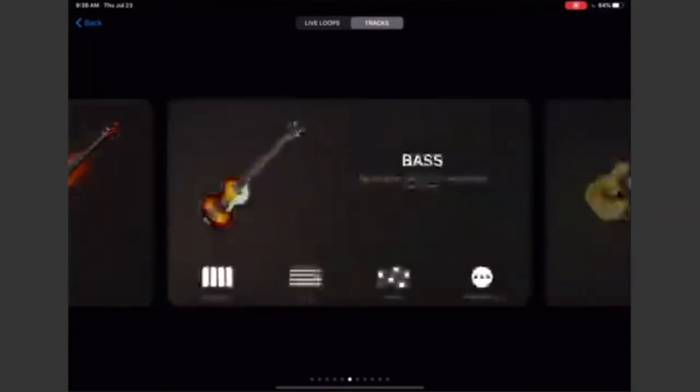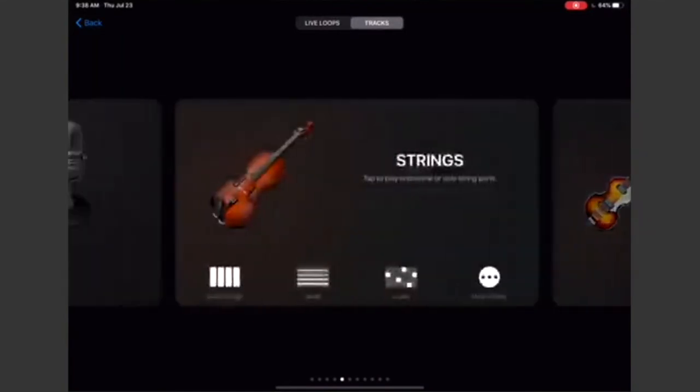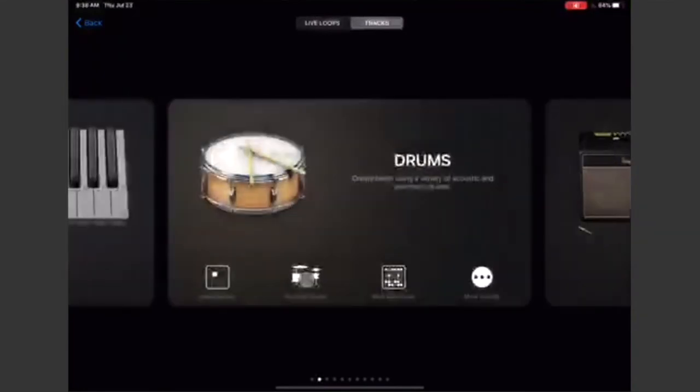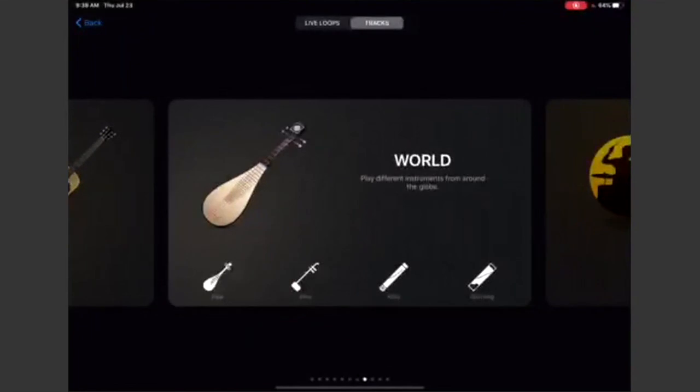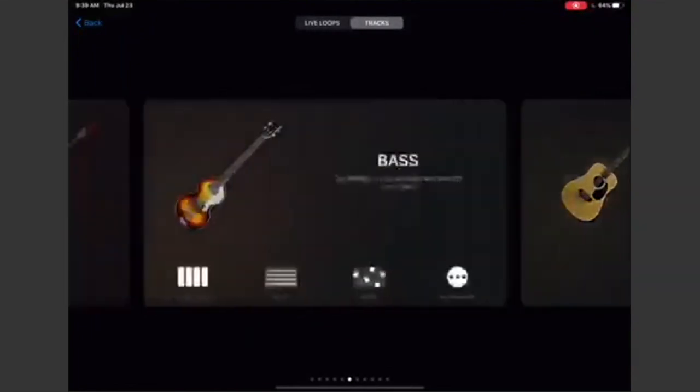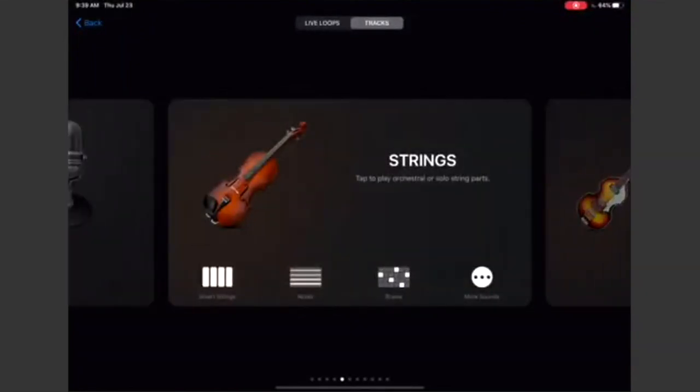All right. So go and record a new layer. I like the world instruments a lot.